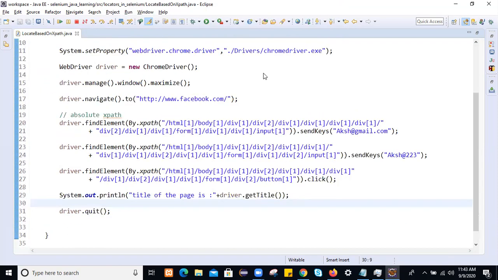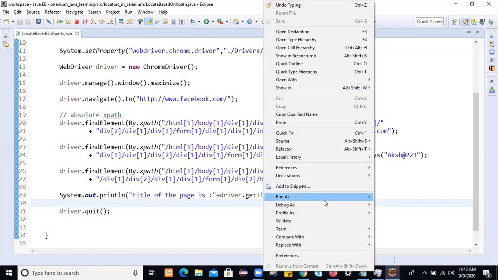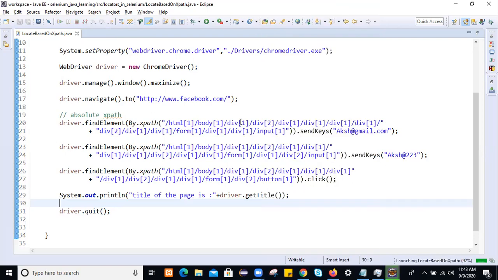To run this application, right click, run as Java application. Initially, it will take time to load and launch the browser. Just wait a minute.